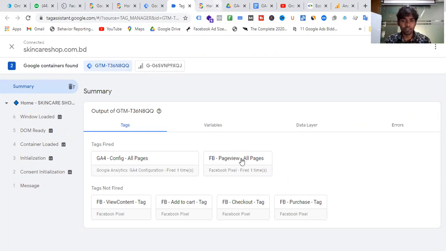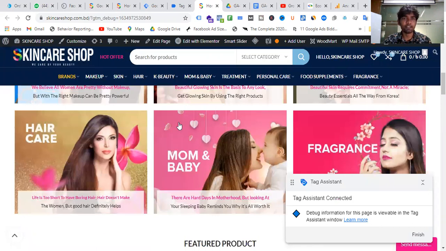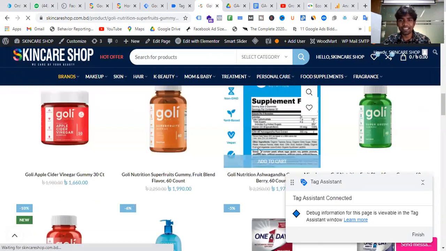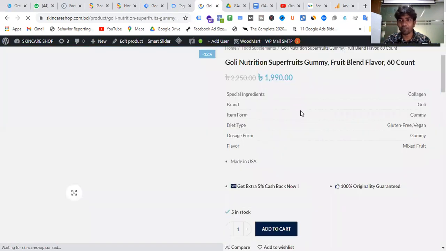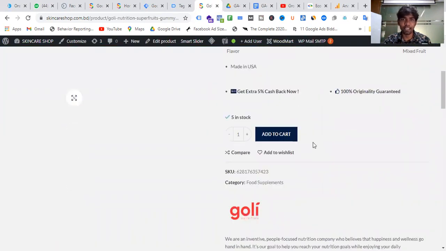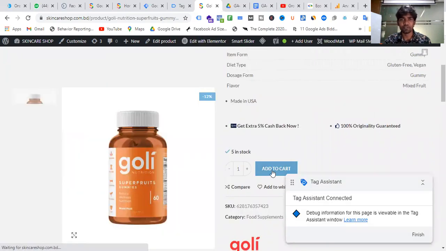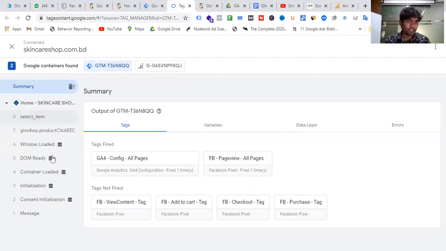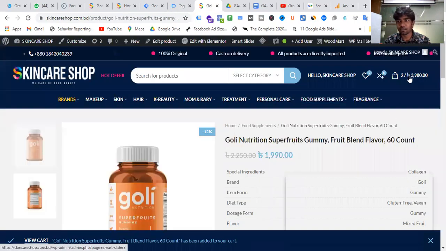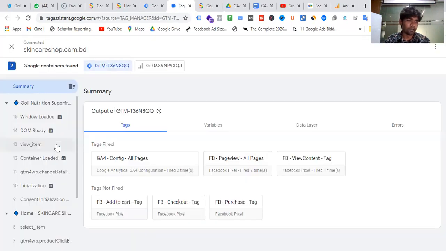Now, if we go to any product page like that, that means it's a view item, or viewing an individual product page. Then if we do add to cart, go to the cart, it's actually coming. Now, view item.